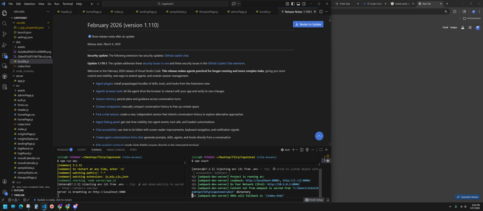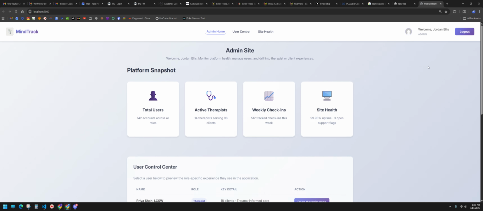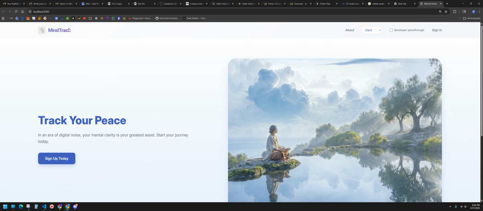It now takes a little longer to start. Right, so that's what it looks like. That's the page that we had. So now we have... wait, what? Okay, log out. This should be the landing screen, and instead I had a developer option over here, so I removed that and put developer pass-through right here.